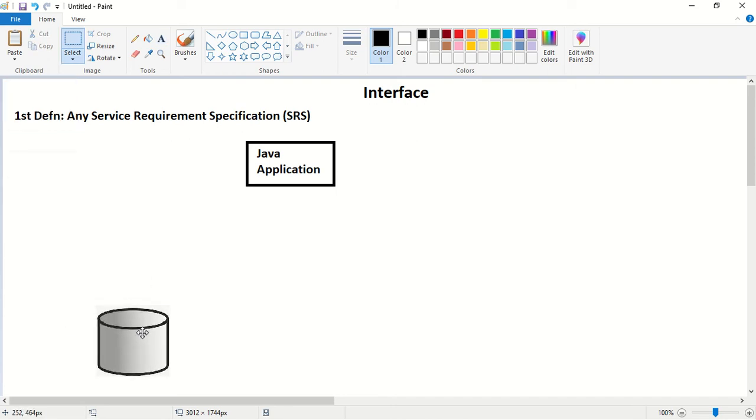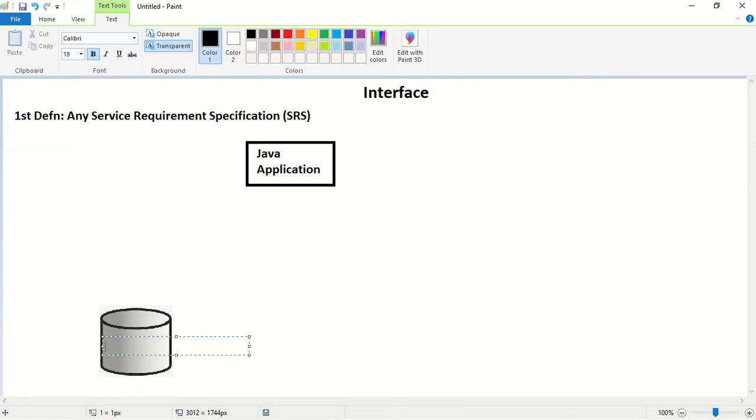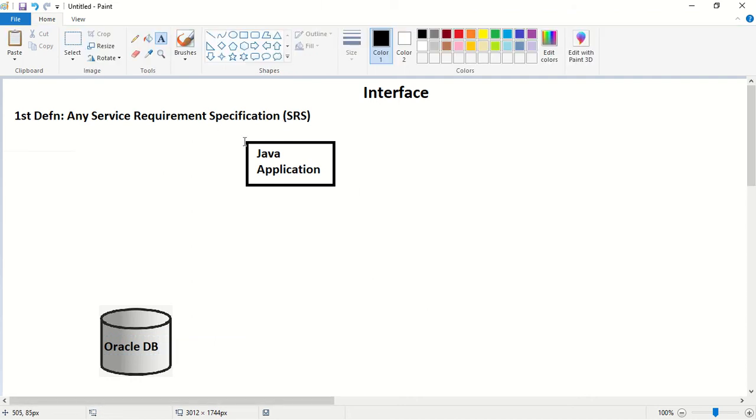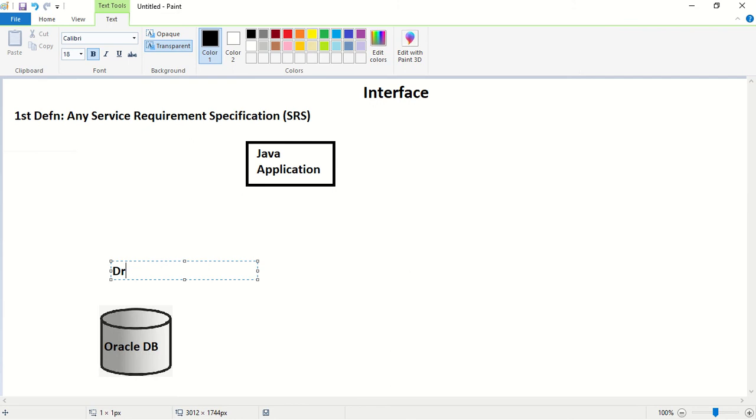Consider this is a database, and consider this is an Oracle database. For an application to make a connection with a database, we require database drivers. Consider these are the drivers.